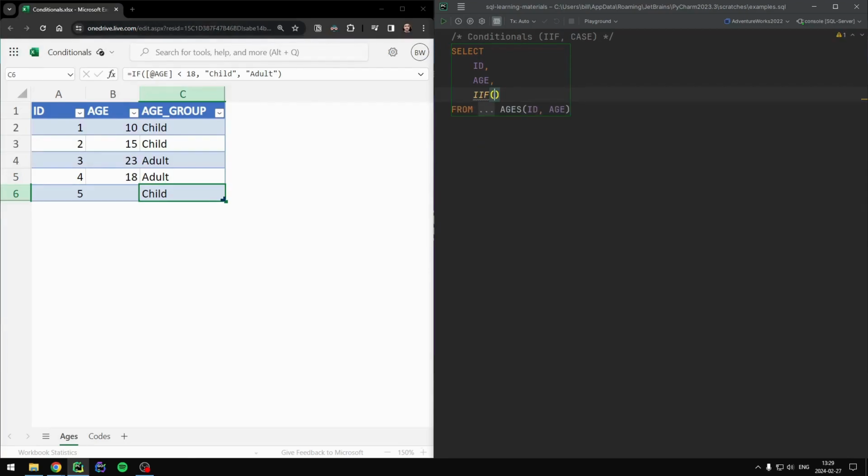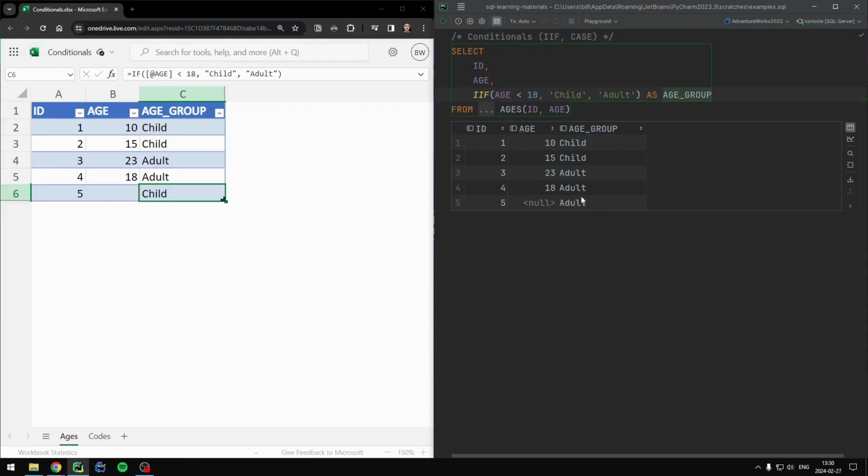There's reasons for this which I won't go into now, but just remember if in Excel is immediate if in SQL. But other than that, it's actually almost identical. If the age is less than 18, we'll use child, otherwise we'll use adult, and let's give this the name age group. I've updated my code, let me run it,